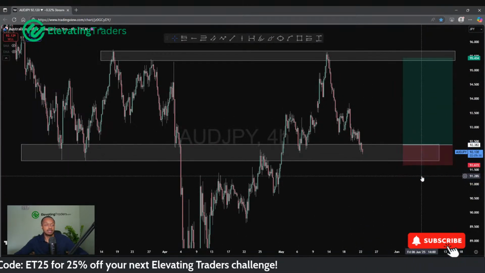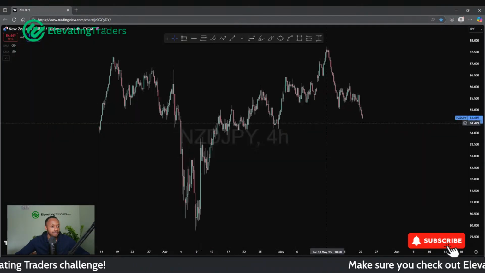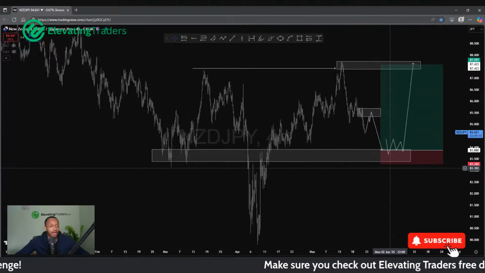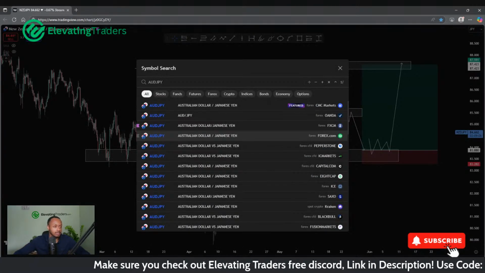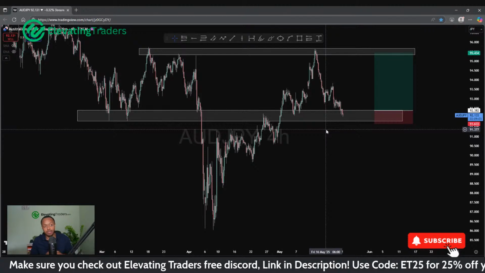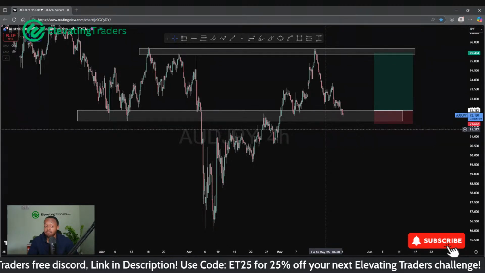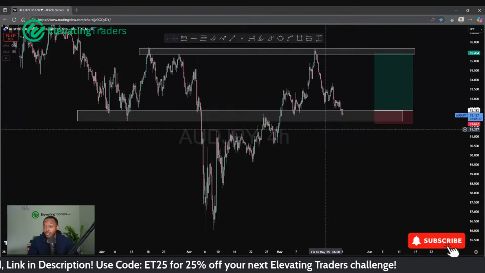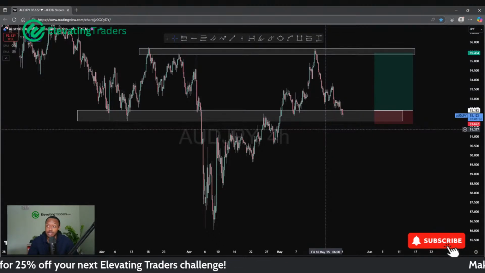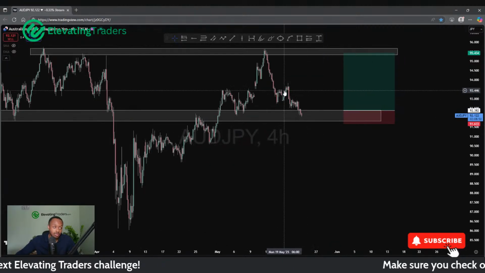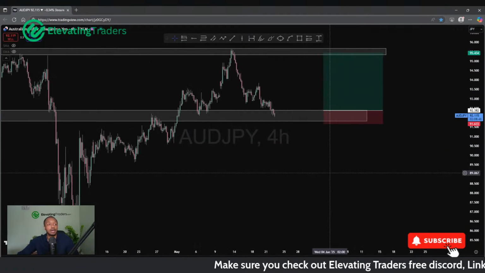New Zealand yen, same situation, but we're not quite there yet. When we do get there, I'll let you guys know, and I'll keep an eye on that for a buy as well. But yeah, not quite there yet. Aussie yen is. So this is the pair probably going to keep an eye on throughout the rest of today. Yeah, and if I do get a trade today, it'll probably be some longs in Aussie yen now. I did take a stab at this one yesterday, didn't play out, so now I'm looking for some re-entries. Hopefully we can get back involved and make back the loss there.